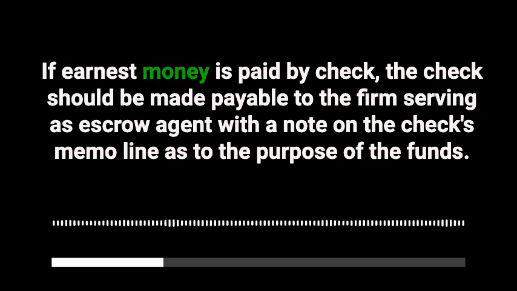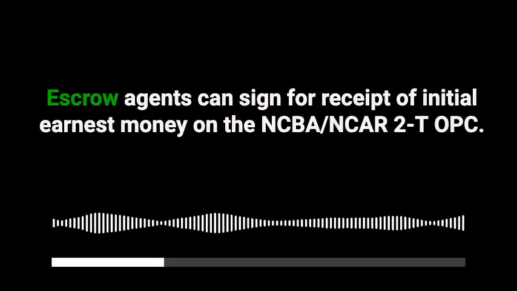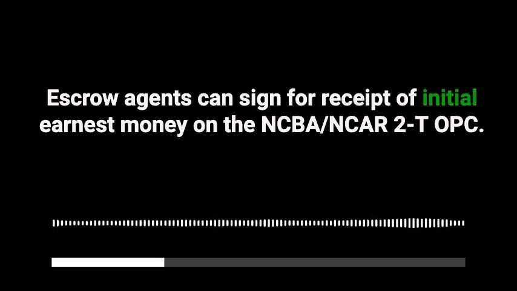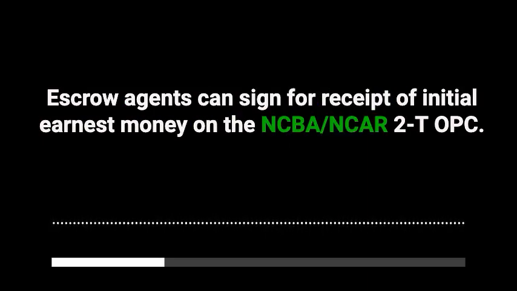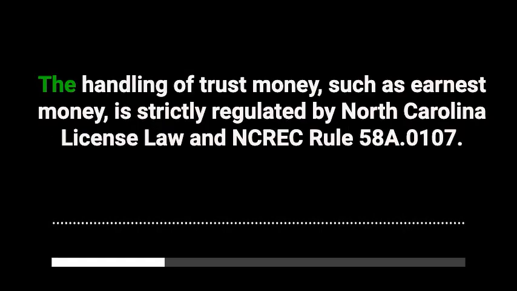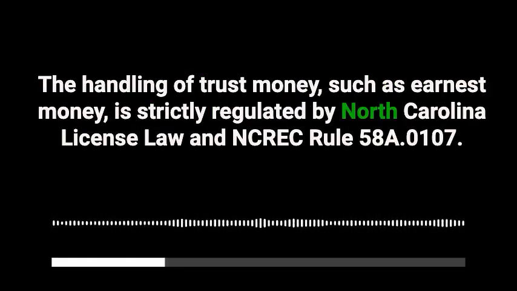If earnest money is paid by check, the check should be made payable to the firm serving as escrow agent with a note on the check's memo line as to the purpose of the funds. Escrow agents can sign for receipt of initial earnest money on the NCBA, NCR2TOPC. The handling of trust money, such as earnest money, is strictly regulated by North Carolina license law and NCREC Rule